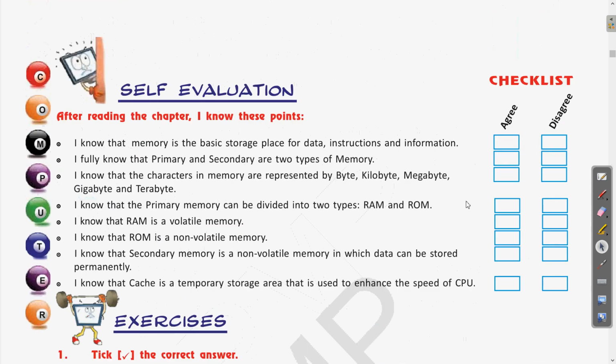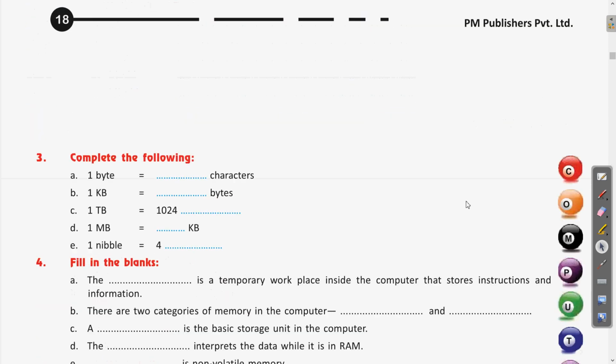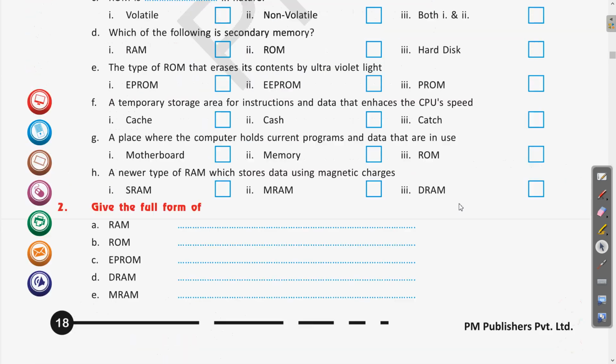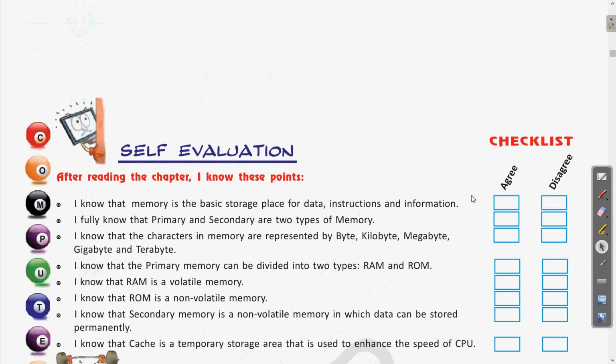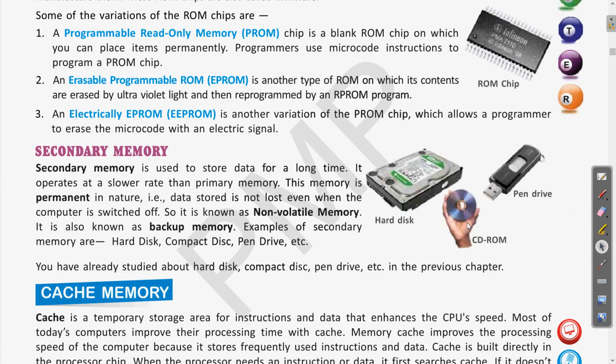So before that, try from question number 1 to 5, that is tick the correct answer, full forms, then complete the following. These are very easy questions also, and as we have covered almost all of these while explaining the chapter, you will find it very easy to complete. Clear? So revise the different abbreviations and different types of memory which we have covered, and whenever there is a confusion, you can pause the video and watch that area again. And if you still have doubts, we will take all those questions in the coming live session.